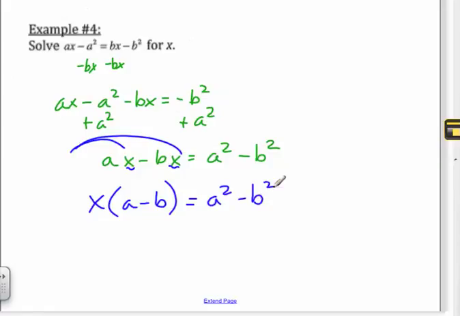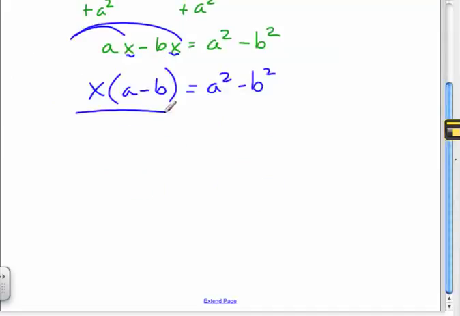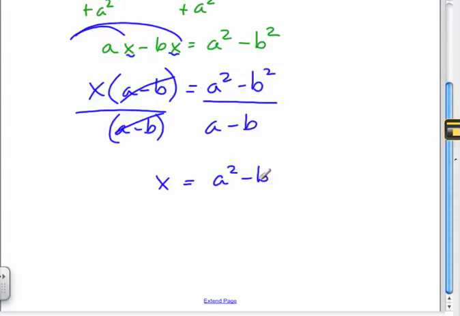Now, I know that all of you are thinking, wait a minute, that thing on the right, I'm going to have to do something with that because it really looks familiar. Okay, and that's true. I'm going to. But I'm not there yet. What do I need to do next, Gordy? You need to put the a minus b on the other side. How do I get the a minus b on the other side? You subtract it. I'm going to divide by a minus b because it's being multiplied by the x. Okay, and that's the way I solve. I need to do the inverse operation. So now this factor cancels out, and I'm left with x is equal to a squared minus b squared over a minus b. Okay, now I've got x by itself,